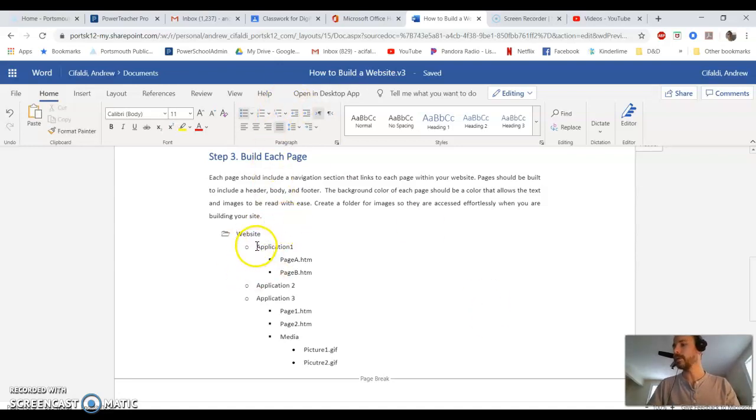All right, so now we're going to click under application. You see we got this neat, nifty folder here. Under our applications, those are also going to be folders. So I'm going to click here,